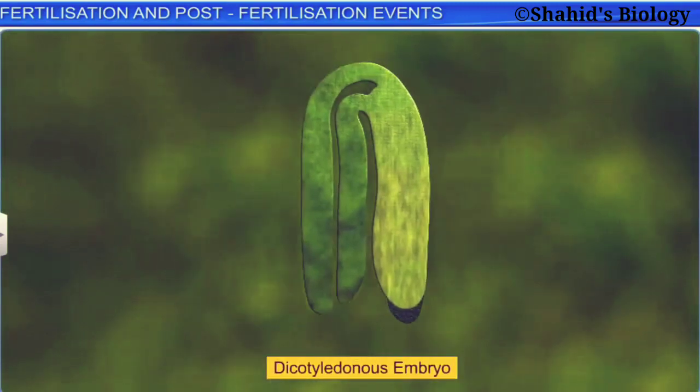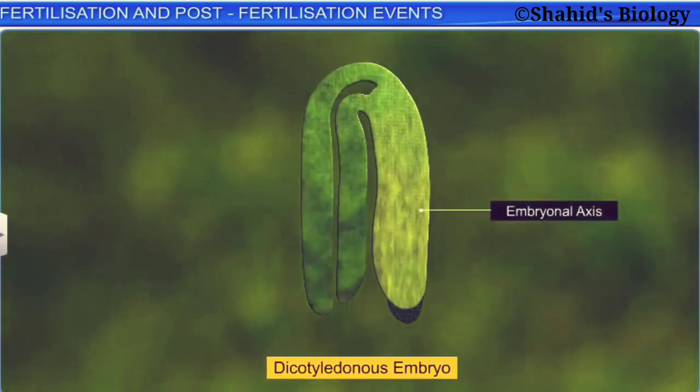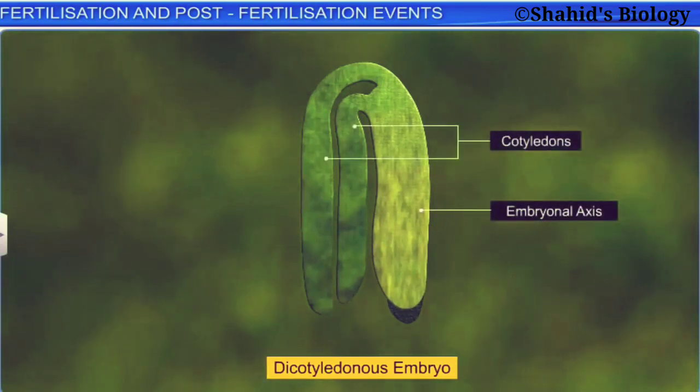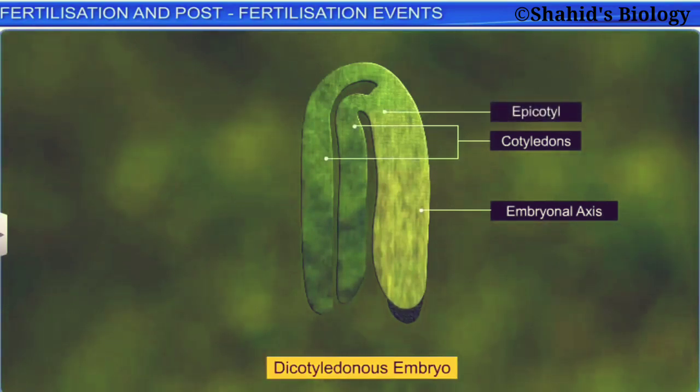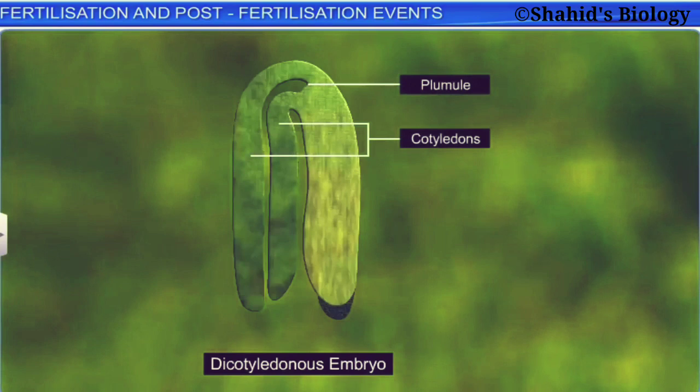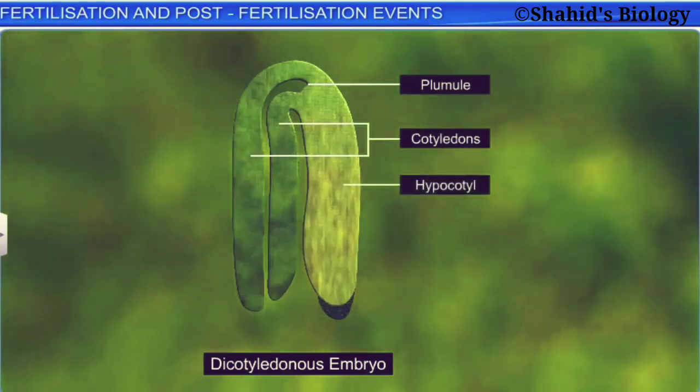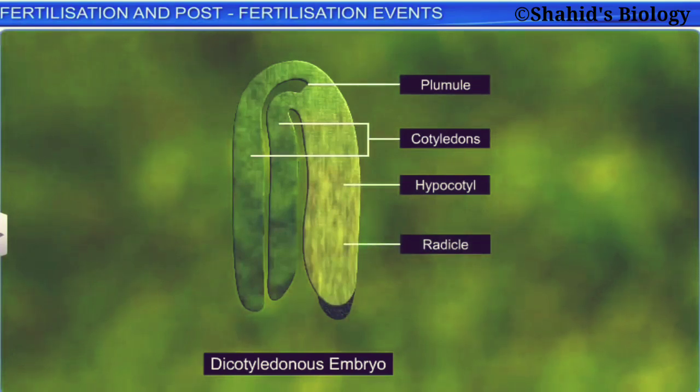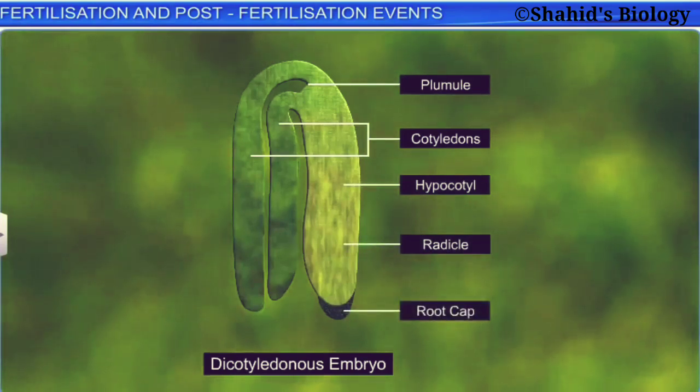A dicotyledonous embryo, for instance, consists of an embryonal axis and 2 cotyledons. The epicotyl, the portion of the embryonal axis above the level of the cotyledons, terminates with the plumule or stem tip. Below the level of the cotyledons is a cylindrical portion called the hypocotyl that terminates at the radicle or root tip,